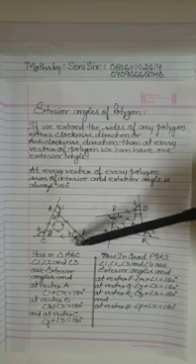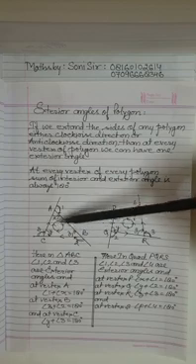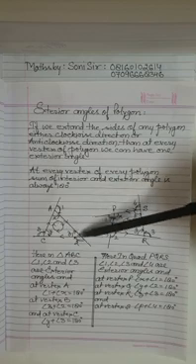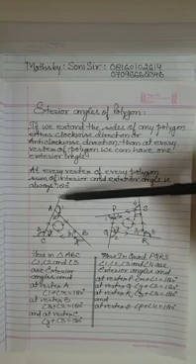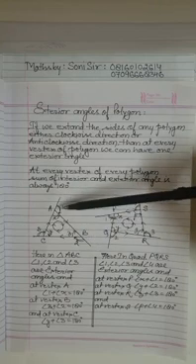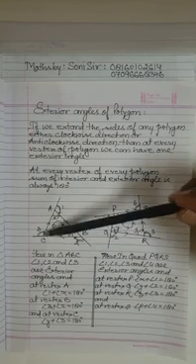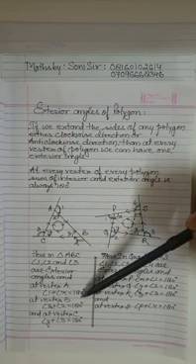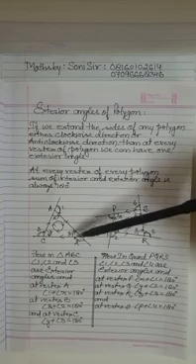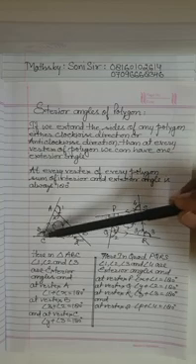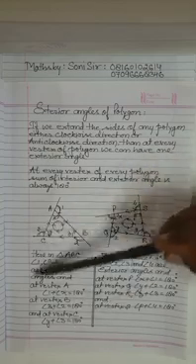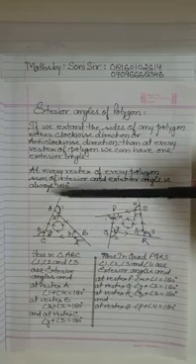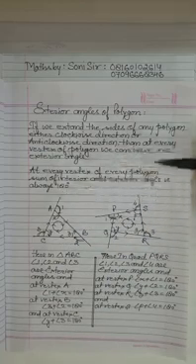Here ABC is a triangle. This small circle represents the clockwise direction. So A to B, B to C, C to A. I am extending, producing the sides. So I am getting the exterior angles 1, 2 and 3. At vertex A, 1 plus x is 180. At B, z plus 2 is 180 and at C, y plus 3 is 180. This I explained here because at a vertex the angle will be 180.